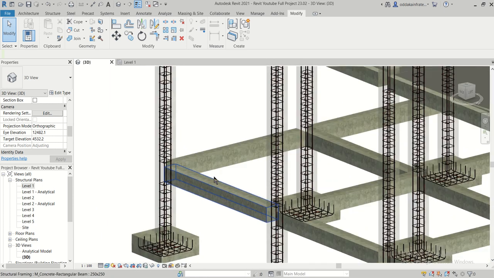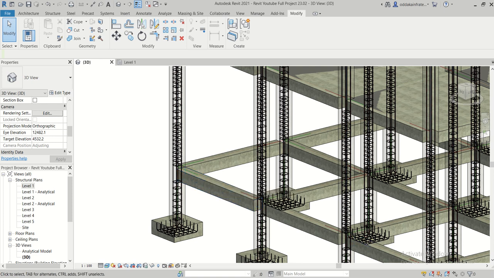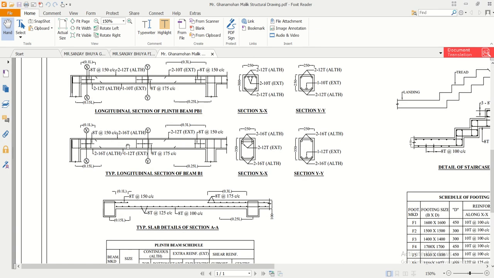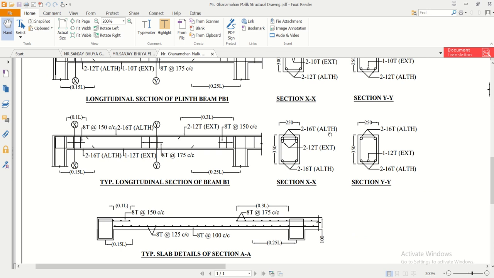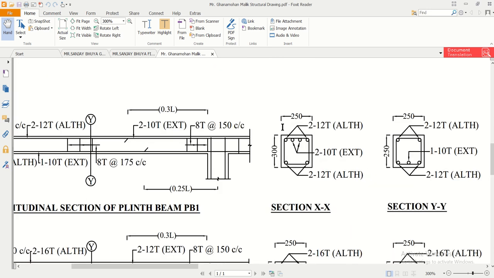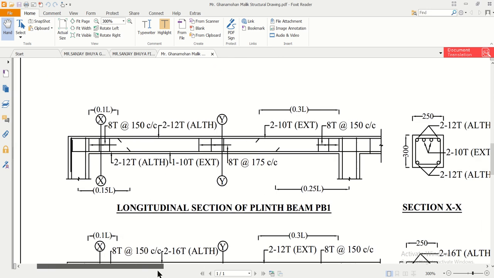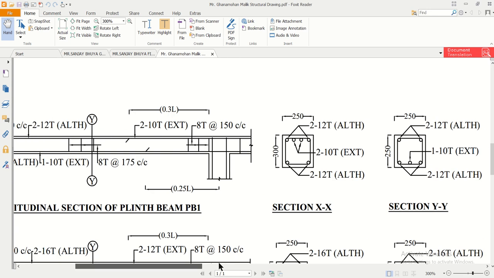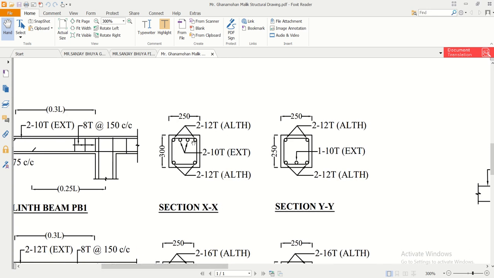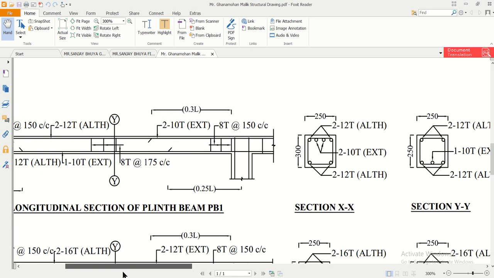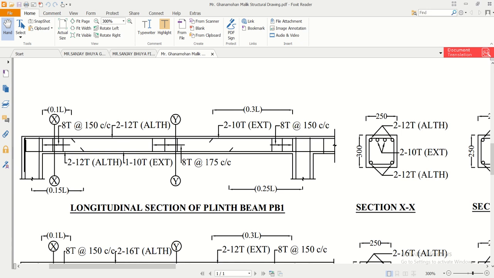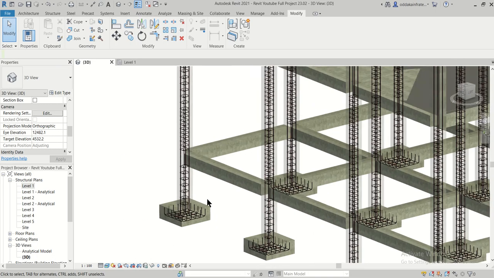And we want to insert the rebars or the particular reinforcements in, let's say, beams. So we'll take this particular arrangement for this. Let's say we'll insert the beams using this arrangement, that is we'll give 2 bars of 12 mm all through at the top, and 2 bars of 10 mm extra near the supports, and 2 bars of 12 mm all through at the bottom, and 1 bar of 10 mm extra near the supports. So we'll try to achieve that. Let's find out how much we are successful in that.